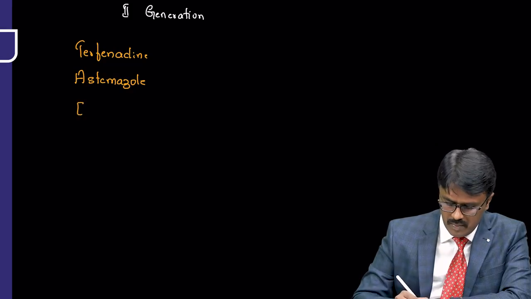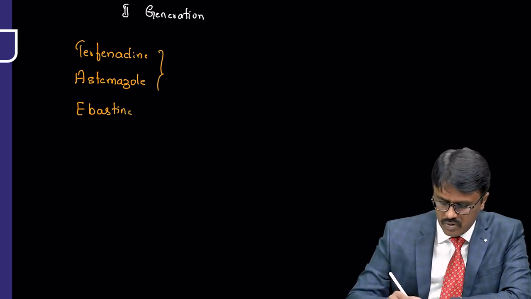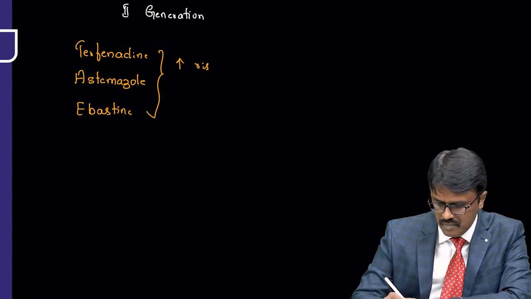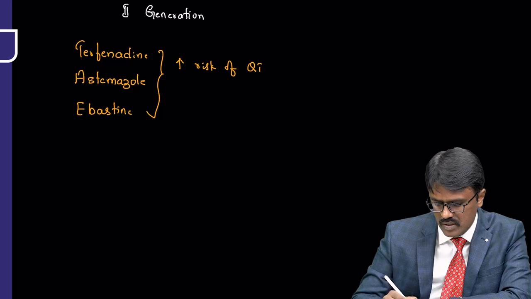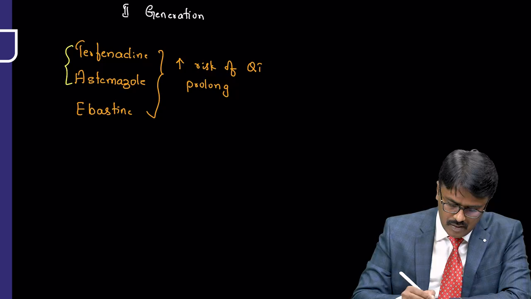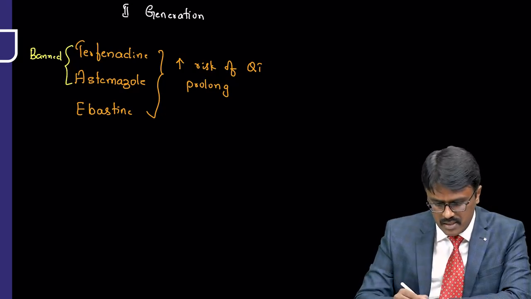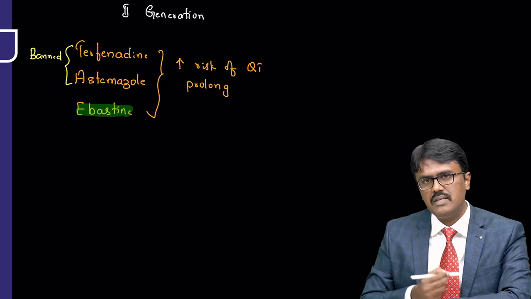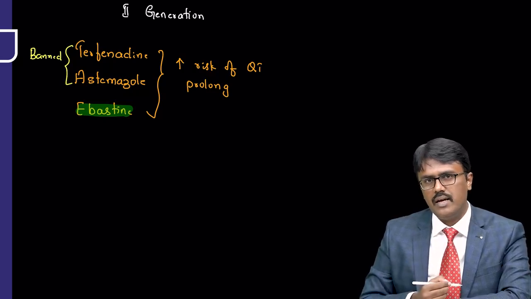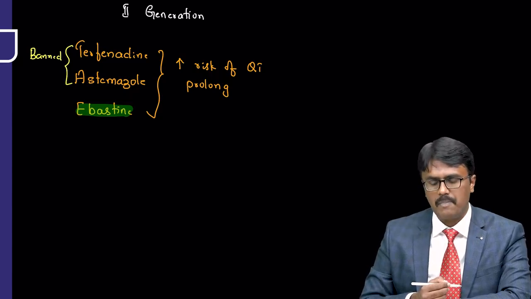And one more drug is Avastin. All these drugs have shown to increase the risk of QT prolongation. So these drugs increase QT prolongation. It's an arrhythmia condition. Now the first 2 drugs are already withdrawn or banned from usage. Avastin is still being used because the reports are not yet documented. So that's the reason Avastin is still used, and all the 3 can increase the risk of QT prolongation.